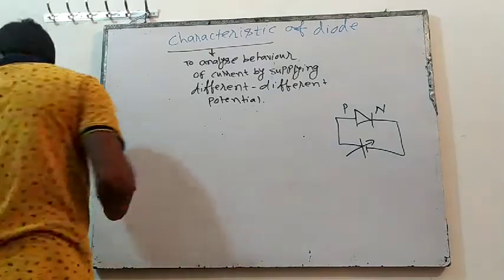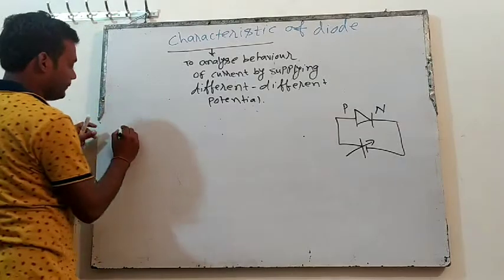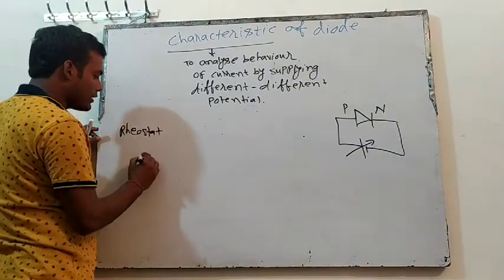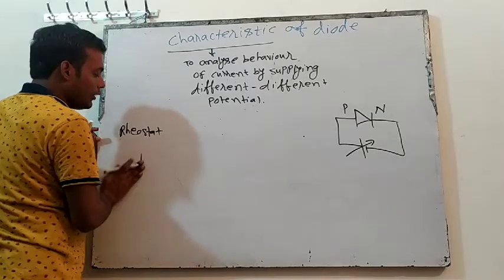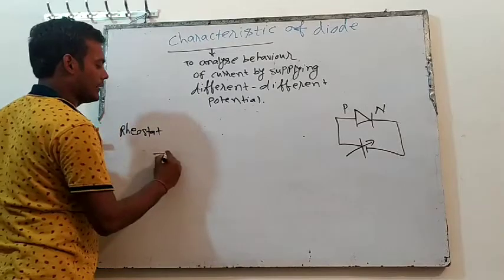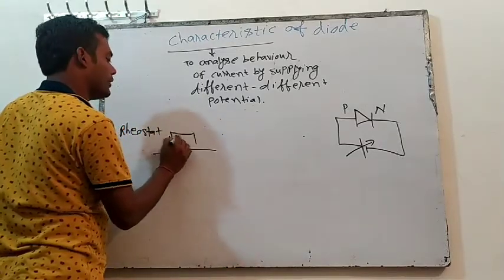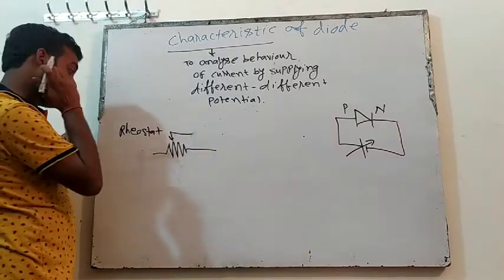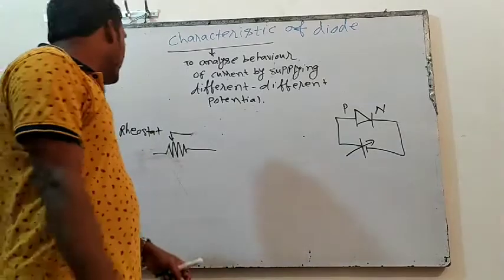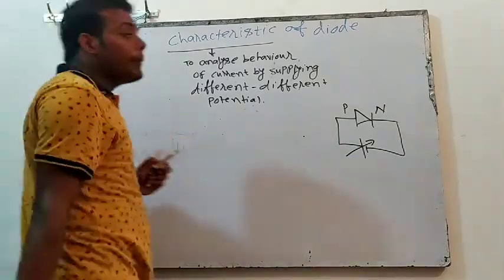See, in class 12, in the chapter on current electricity, you have understood a thing known as a rheostat. And what was a rheostat? A rheostat was a resistance, a simple resistance which is variable. That means there will be a knob and I will vary it. So variable resistance is known as a rheostat.